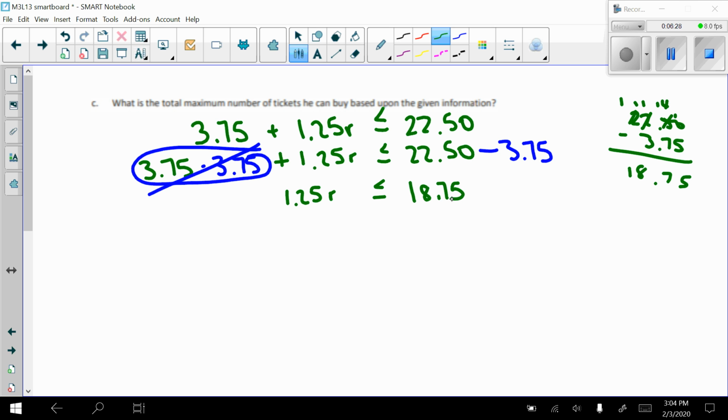He walks into the place with $22.50. He buys his hot dog and his drink, and he has $18.75 left to spend on his rides. So now, 1 over $1.25, 1 over $1.25, which means that those cancel, leaving me R. Now I'm multiplying by a positive, so that means I preserve